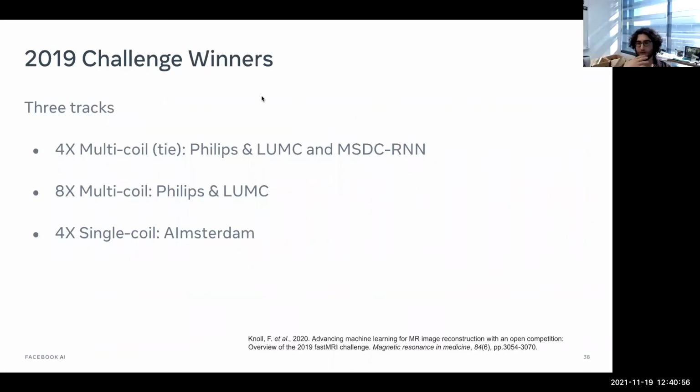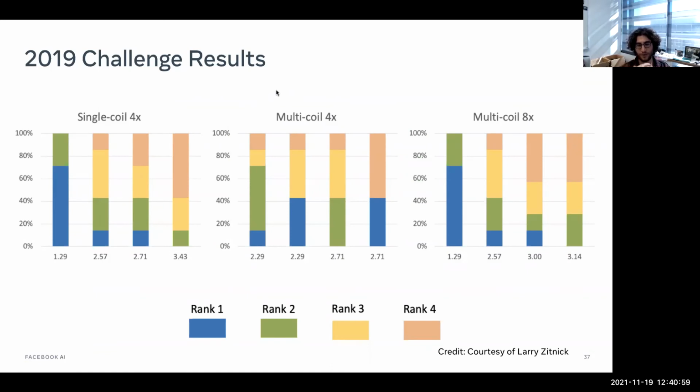And Matt, I have a question. So you're showing the top 4, and maybe the top 4 are just all essentially equivalent, but if you actually looked at all of them, would it track SSIM correctly? The relative ranking. You mean between all the models submitted to the challenge? Yeah, like if we just look at the top 4, maybe those top 4 are really essentially equivalent in the multi-coil 4x. So comparing the 3rd or 4th significant digit of SSIM isn't really meaningful. But if I look at just the general trend, then I could still say, hey, this is a good thing to look at.